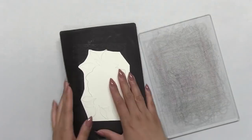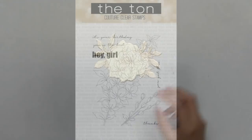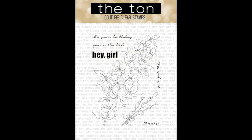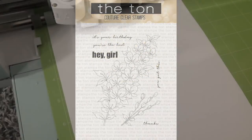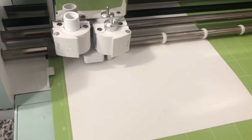the image. For today's Mother's Day card, I'm also going to use our beautiful branches stamp set. So there are two images in that 3x4 set, and it's just going to make my floral arrangement a little bit more full. Before I start stamping this set, I'm going to do a little bit of cutting with my